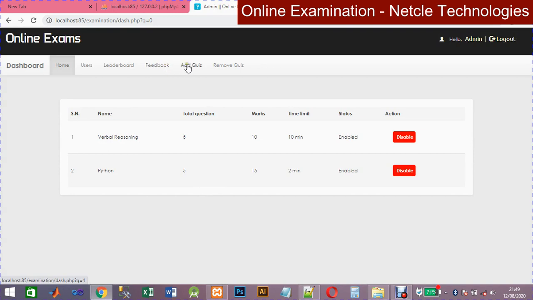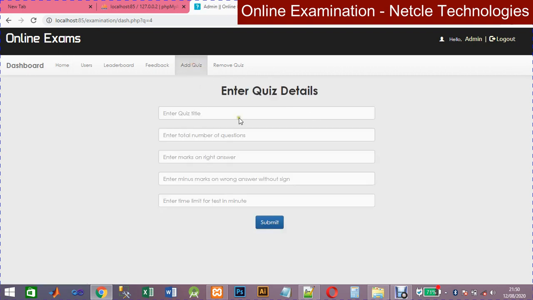Add quiz. I can either disable the exams, and whenever I want, I can also enable it using the action button. Okay, add quiz. Now for the add quiz page, you need to add the title of the exams or quiz,